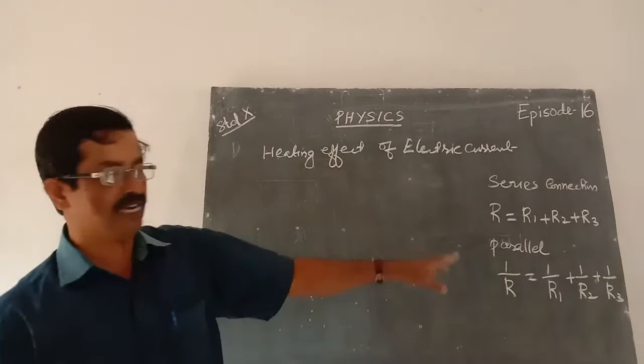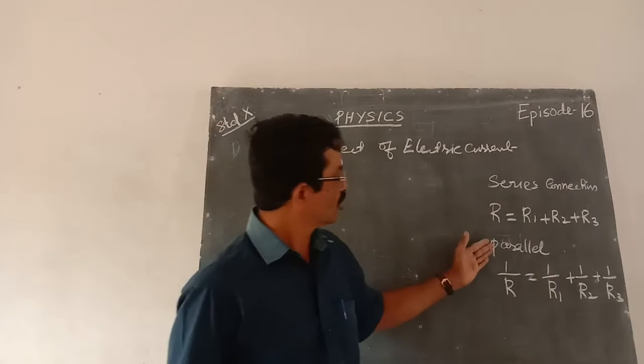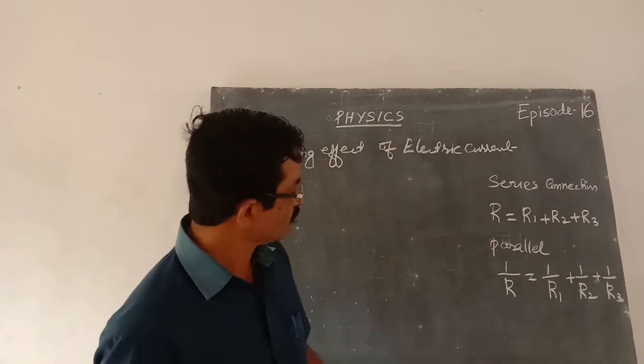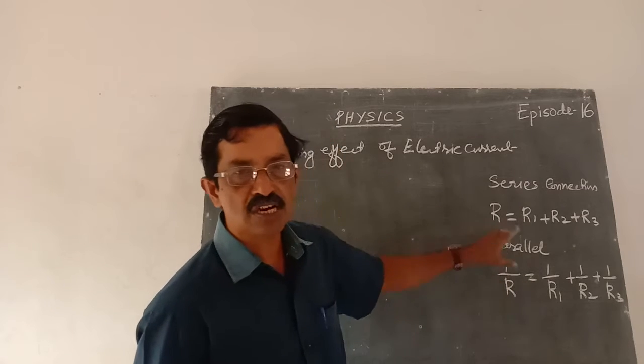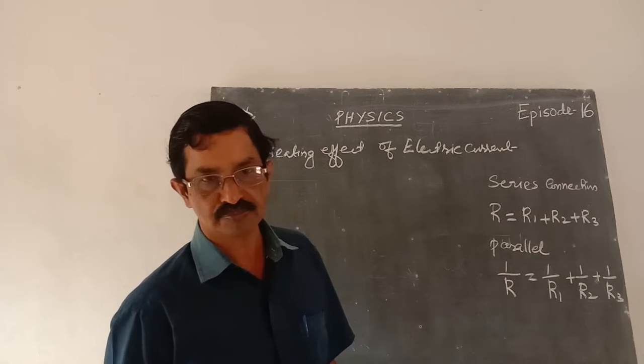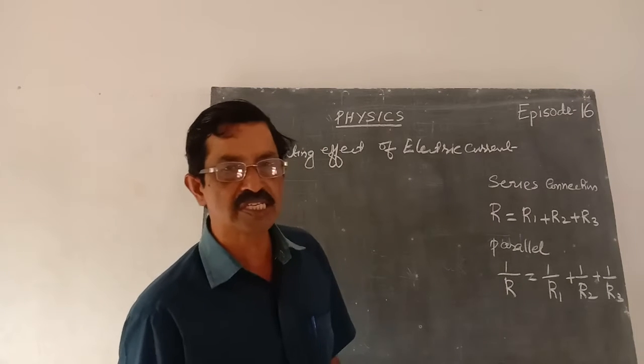This way we can find it out. Here the total resistance in the circuit decreases, or the total resistance is smaller than the smallest resistor